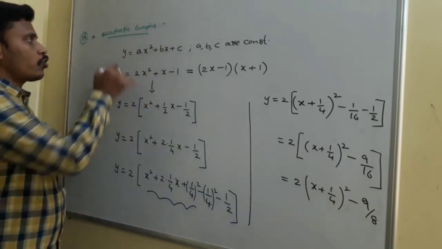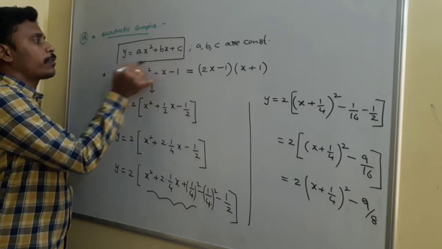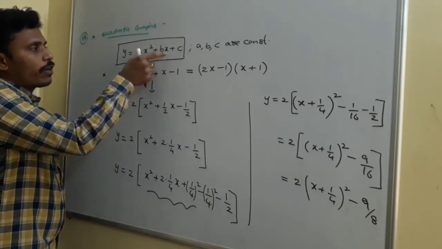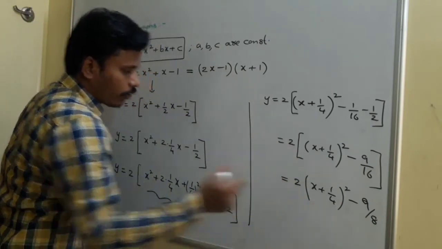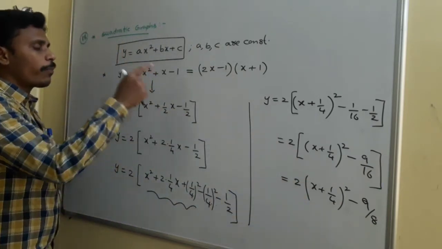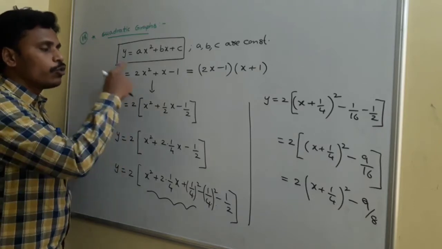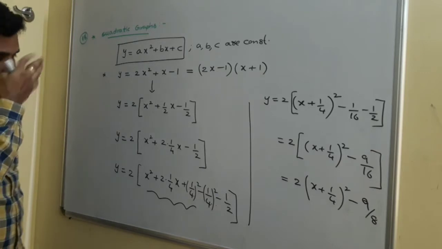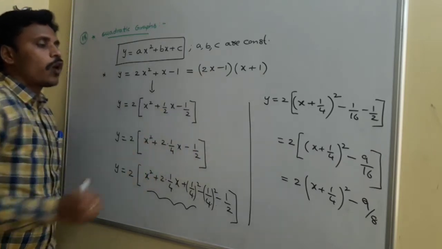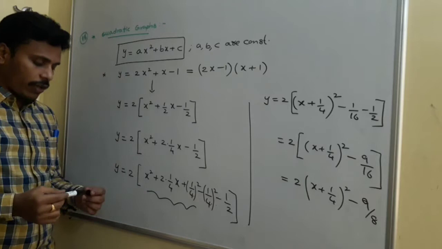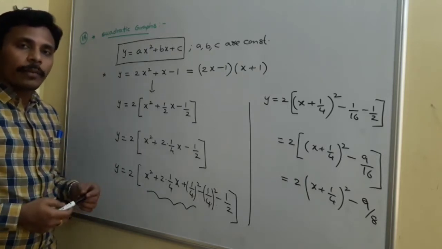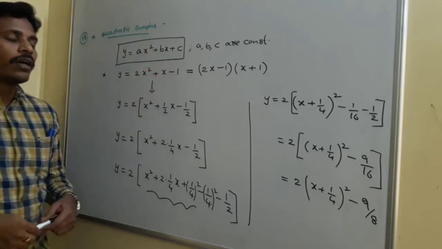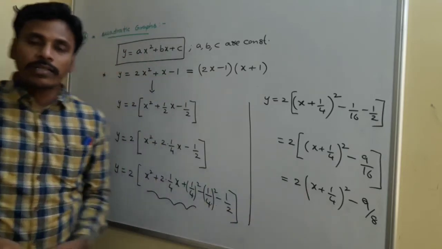Okay. In generalization of this, y is equal to ax square plus bx plus c, I will give you a direct formula to express ax square plus bx plus c in this perfect square form, and later on for all the problems to draw the graph, you just directly utilize that one, right? But this is the first problem, this is an example. I provide you the complete steps of how to convert the given expression into perfect square form. And afterwards for all the remaining problems, you just utilize the general form. I will give you the formula to convert it to this form. Okay, have a look at this once.